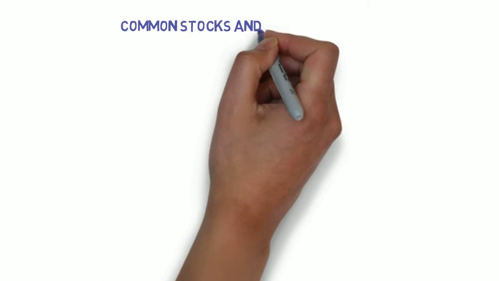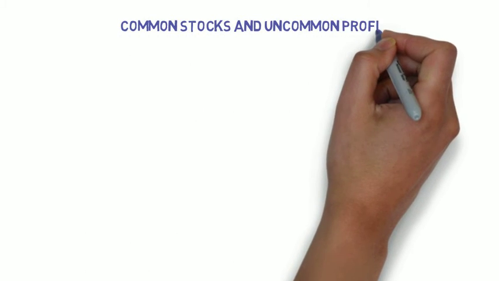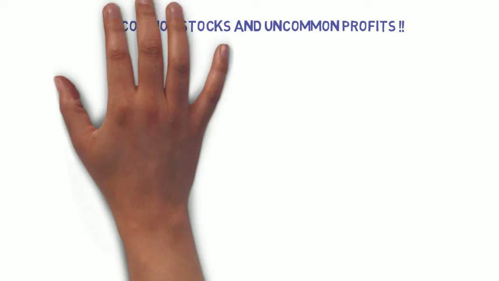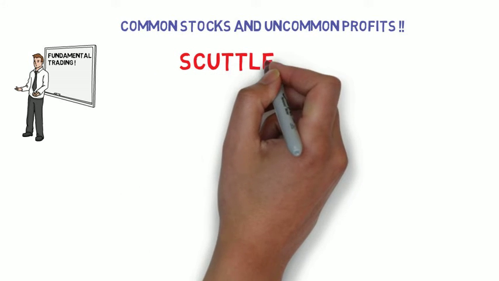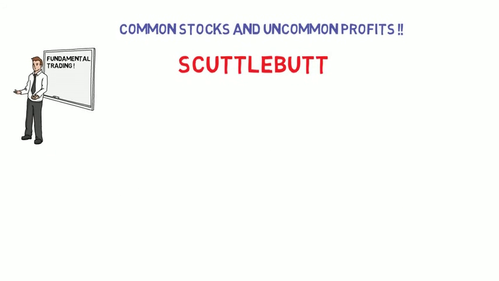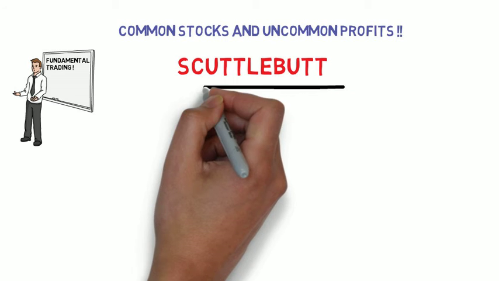Today's book summary is going to be on Common Stocks and Uncommon Profits. Now, a quick heads up, this book is heavily invested into fundamental trading and teaching you how to do it, and his preferred method known as the scuttlebutt method. So first things first, the scuttlebutt method is basically 15 points he looks at when he's going to buy a